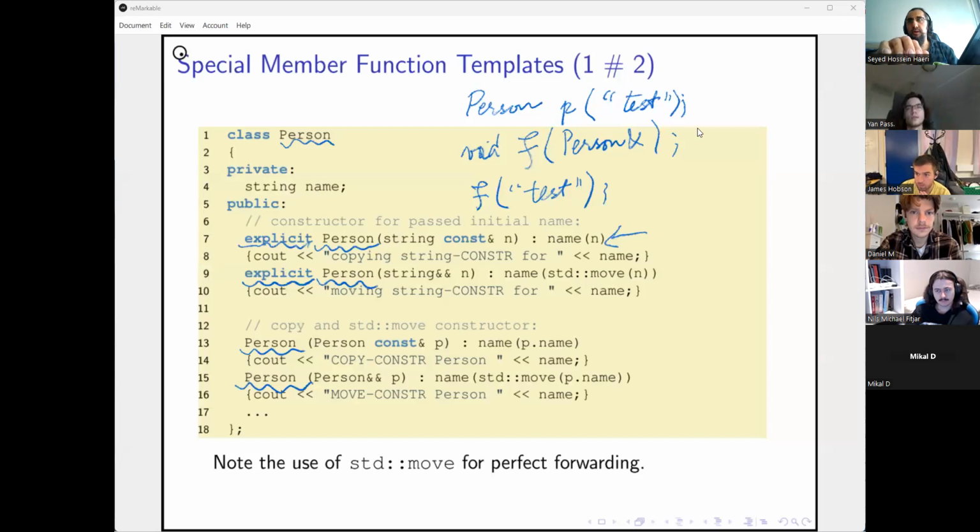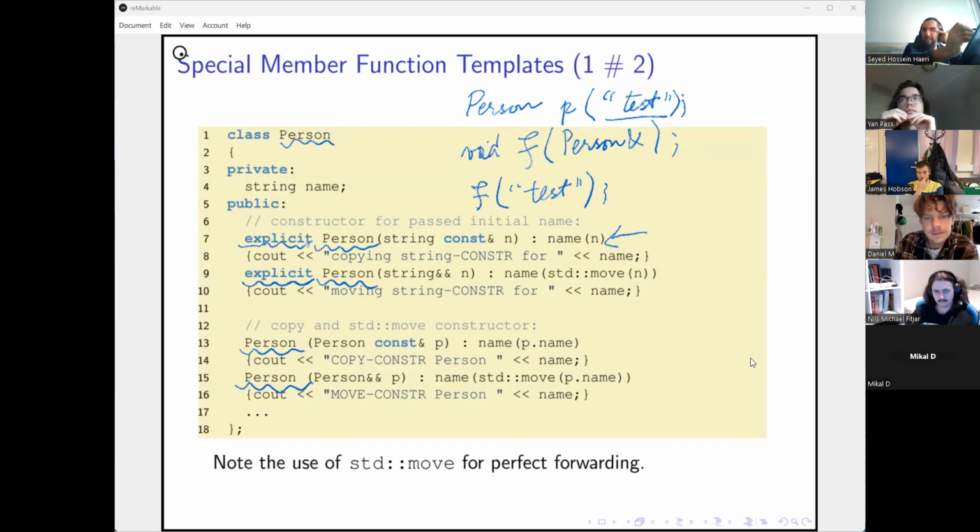Okay, so Daniel, were you able to follow the usage of explicit? No, not really. Okay. Do you see that when we are using a string here to create, oh, this is not a string itself, this is what is called a C string, a string literal. Yes, string literal.